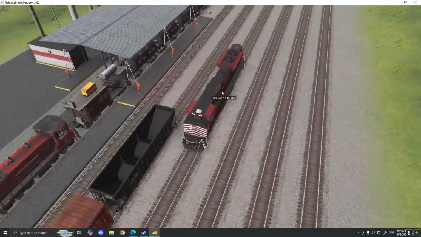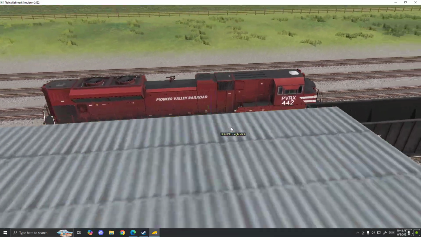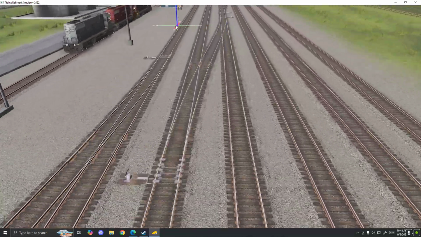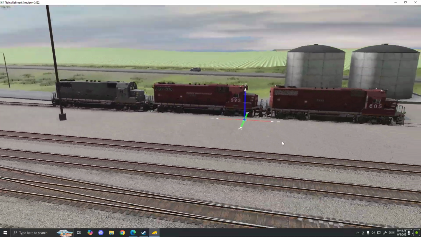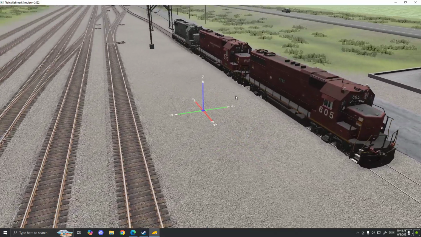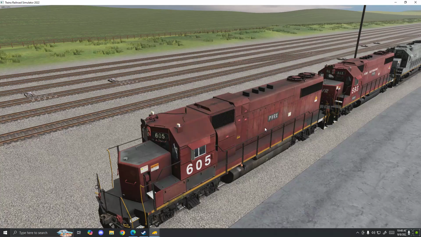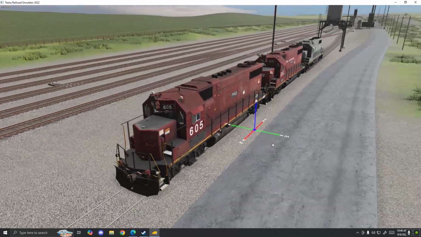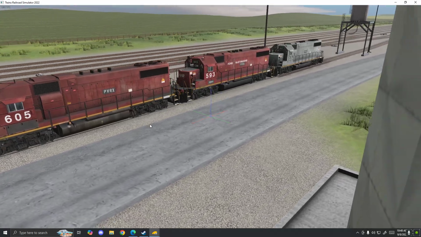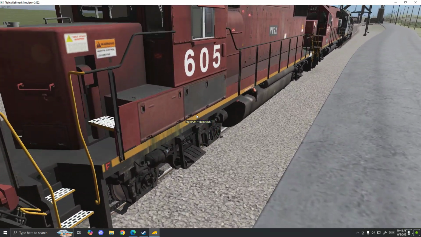70M. And then the 3 GP38s. Now it says they're XUP. They all sound and look identical detail-wise. I think really the only difference is the paint schemes. So here's that. So since we're already back here, we'll get up close